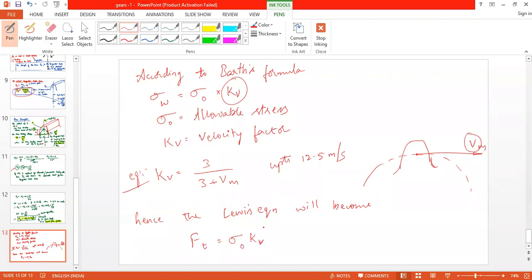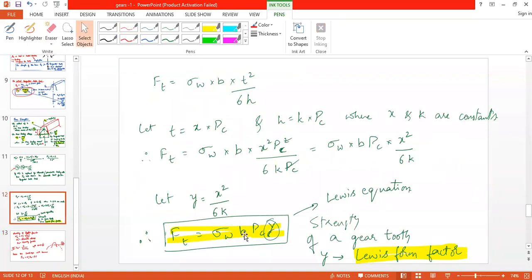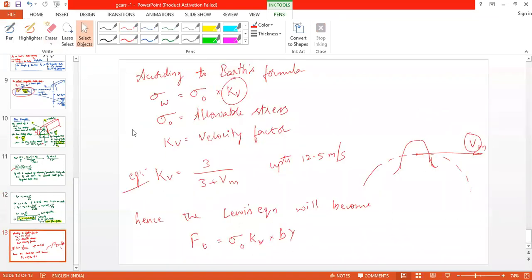So sigma O kV multiplied by d Cc y, and Cc is